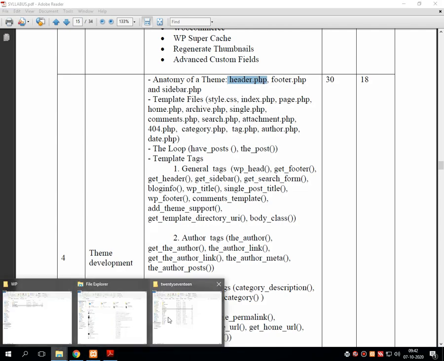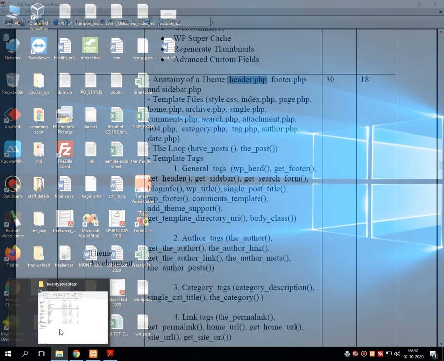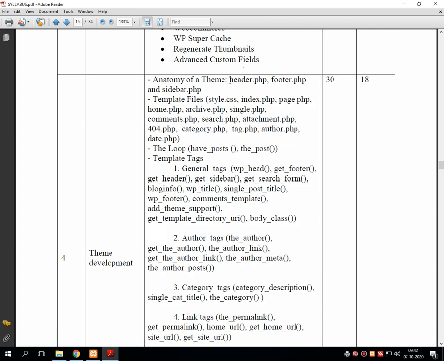Let me close the other window so it will be good for all of us. Header.php, I will search header.php, it's there. I am just taking 2017 as an example. You can take any theme as an example. This is already pre-installed in my system, that's why I am taking that example.